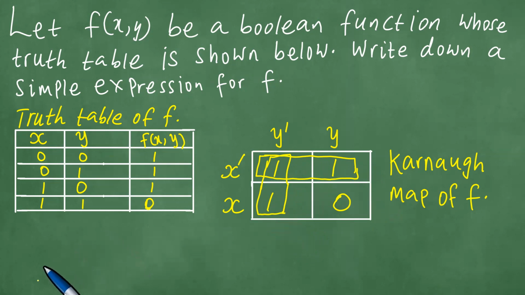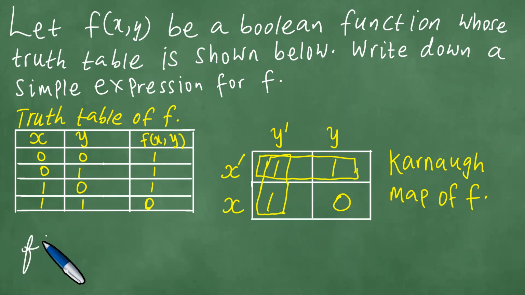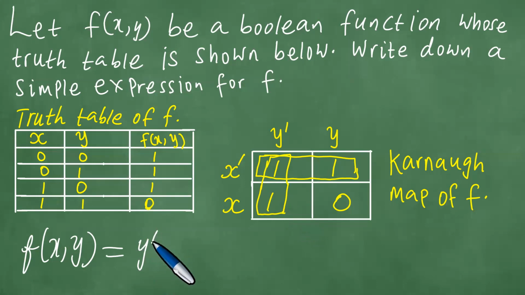So in the end, we're able to see that f of x, y is the same as what? Right. So let's look at the possible simplification here. This one here is the entire y primed. So we can just write y primed there. Okay, because this is y primed. Right. Or,